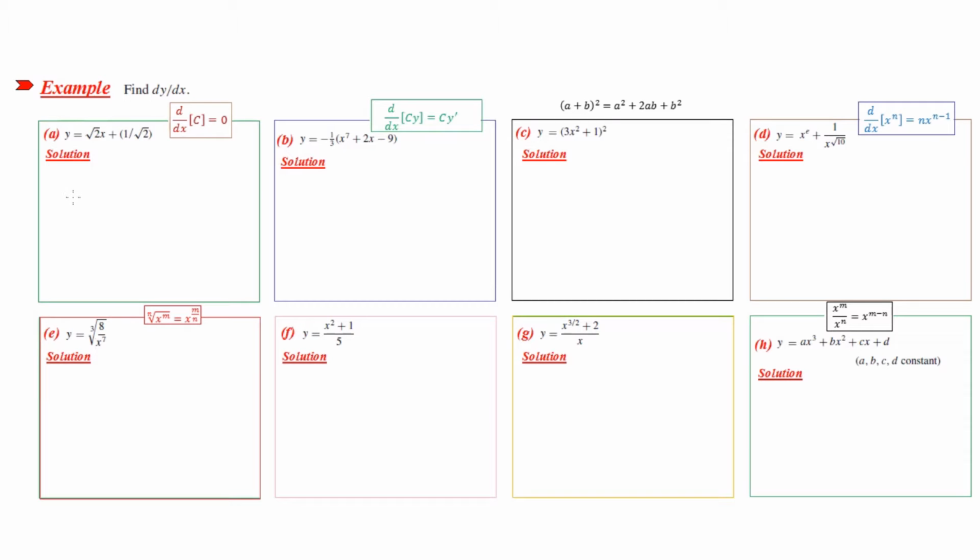Hi everyone, in this video we'll take several examples about how to find the first derivative using the techniques of differentiation. So we'll start with part A, and in all of these parts you have to find dy by dx, or the first derivative. For part A, we have radical 2 multiplied by x plus 1 over radical 2. So dy by dx